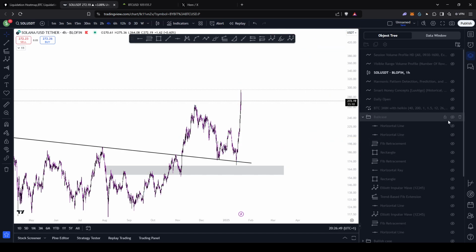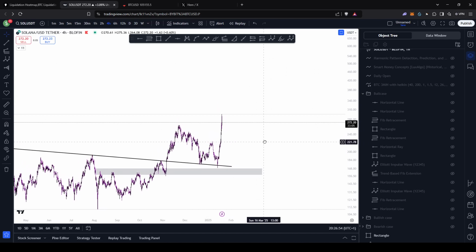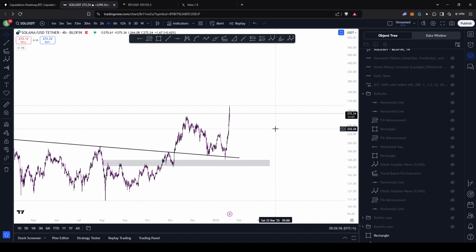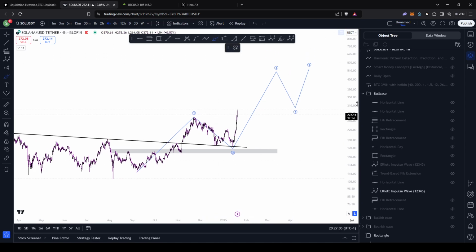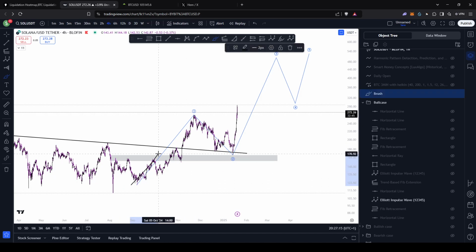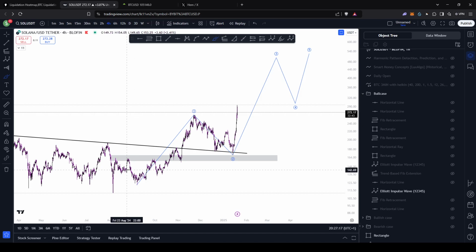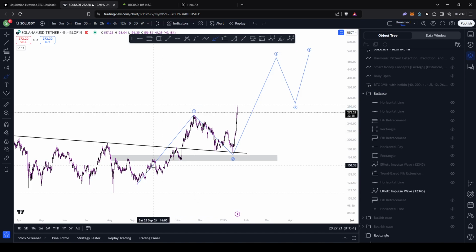I will take this a bit more step by step. So higher time frames, harmonics. Where are we? What potential waves do we have? Let's start with the higher time frame one. There is a higher probability that this is your initial wave 1 for Solana. This wave 1 does also have the potential of having a double 1 2, basically meaning this is 1 2, 1 2 3 4 5,